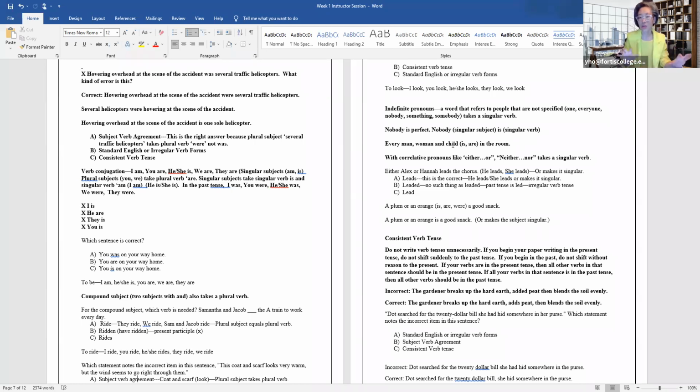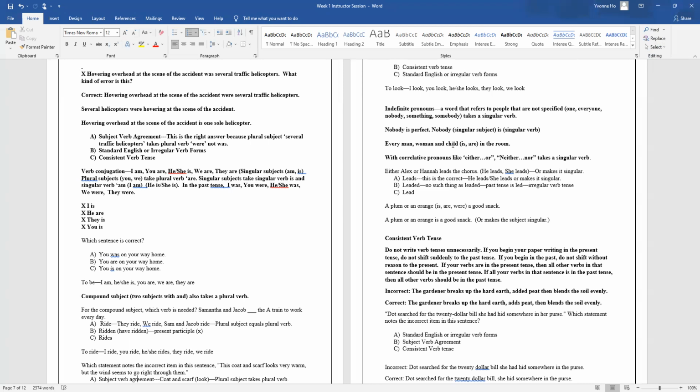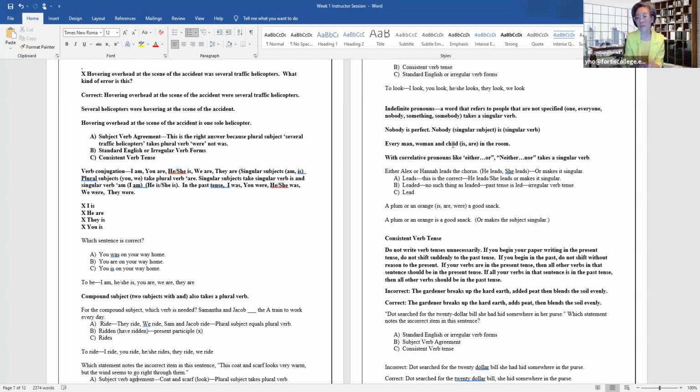So even if you have two nouns in the subject, it is the conjunction, and or or, that makes the difference between a singular verb or a plural verb. So if I have the word or in between the nouns, is that a singular or a plural verb, Andy? Singular. And becomes what?